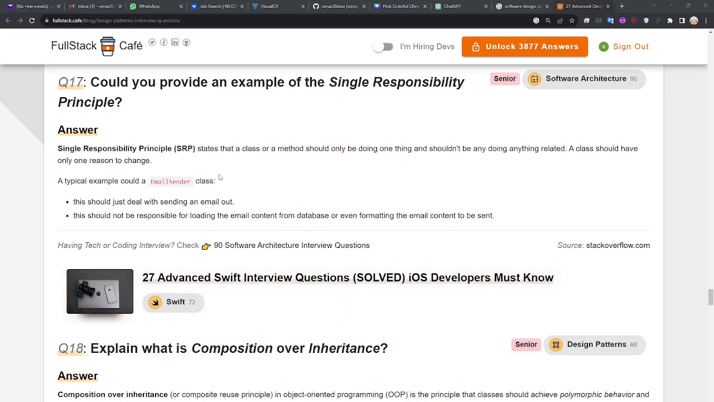طيب تكملة للأسئلة، في كام سؤال للسينيورز. Could you provide an example of the single responsibility principle؟ تقدر تديني مثال عن ال single responsibility؟